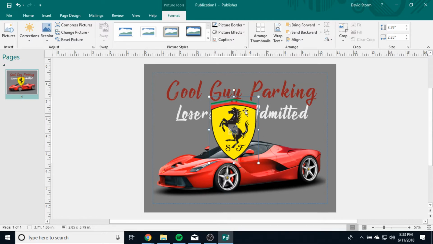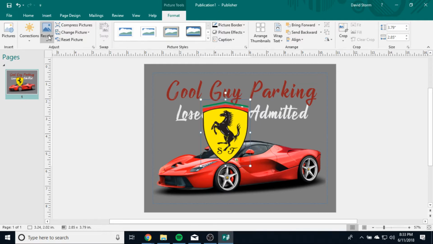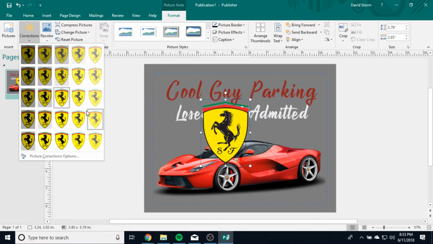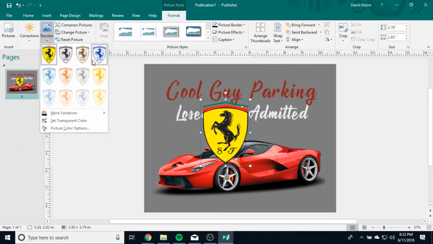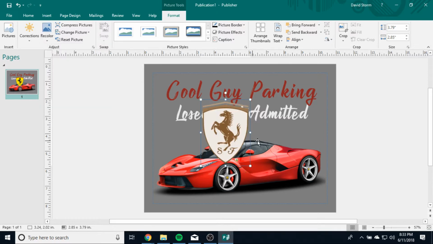what else can we do? Well, we can take this guy and we can recolor it. We can make color corrections to it. If it's maybe overexposed or it's too dark, we can make corrections. We can recolor so that it looks cool, I guess. You know, whatever you want to do, make it black and white. I can compress the picture, which will make the file size a little bit smaller. So if I bring in a bunch of big pictures and I shrink them down,